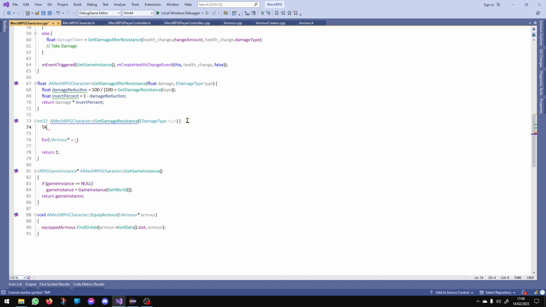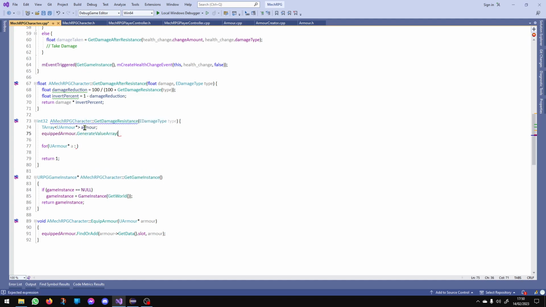So we want T array. Well, hang on, what is it? It's just U armor. Yeah, U armor. Pretty sure that's how it does it. Yep. Okay. So that will output all of the values into there